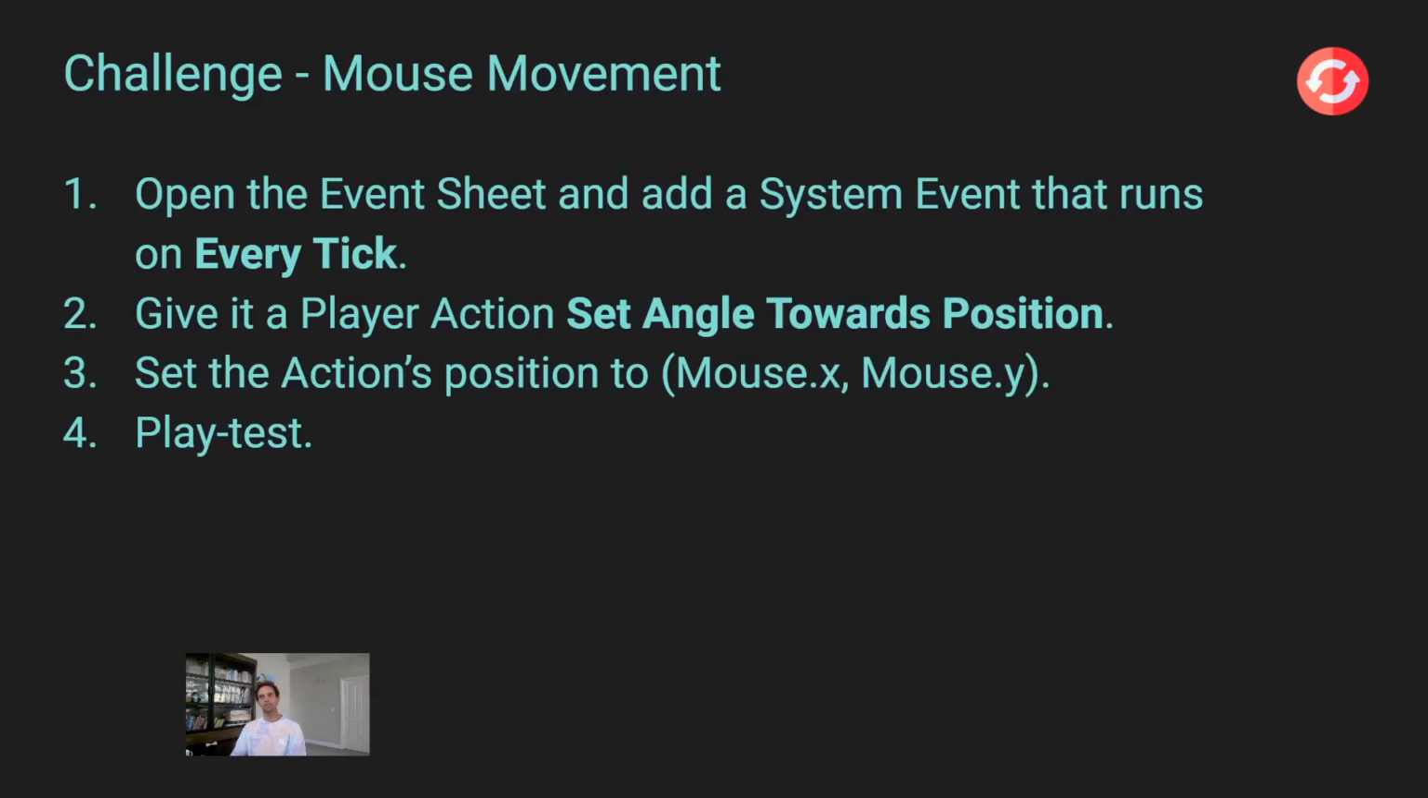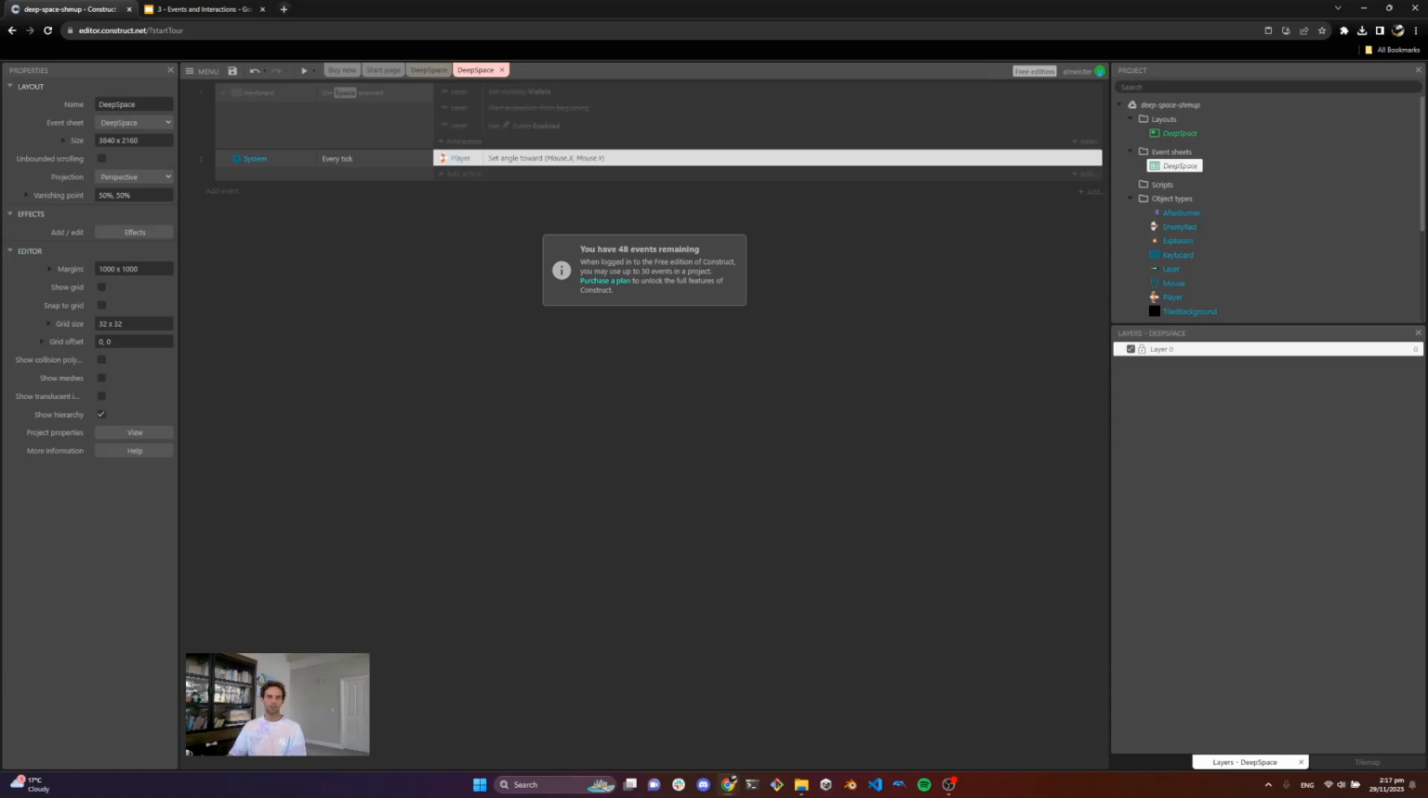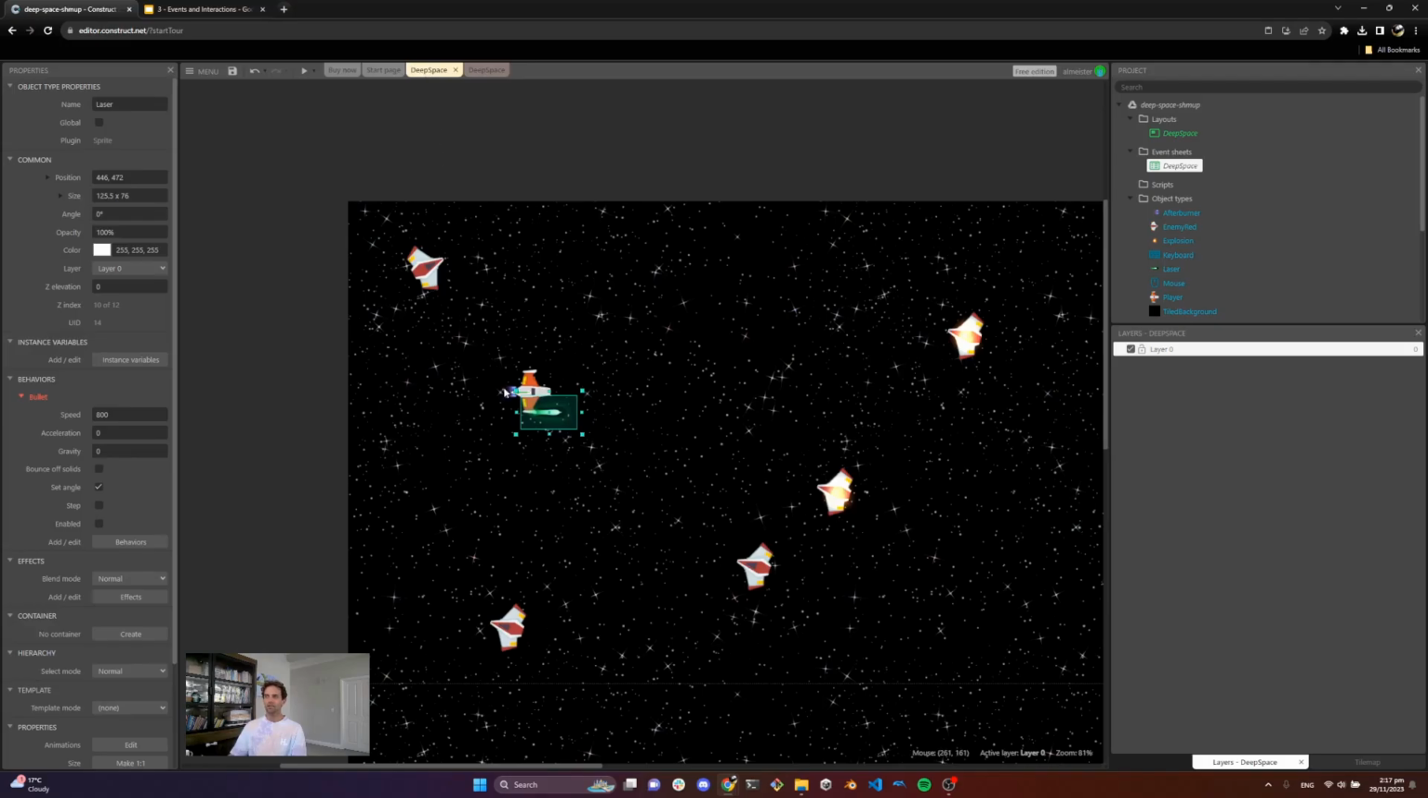So this is the challenge. If you didn't follow it, go ahead and implement your own mouse movement. Sweet. All right, but now let's talk about the next feature. Wouldn't it be cool now if, while I'm flying the player around and pointing, I can also shoot those